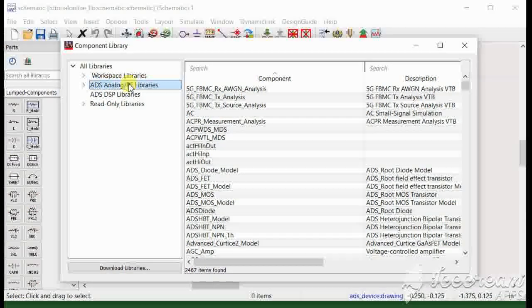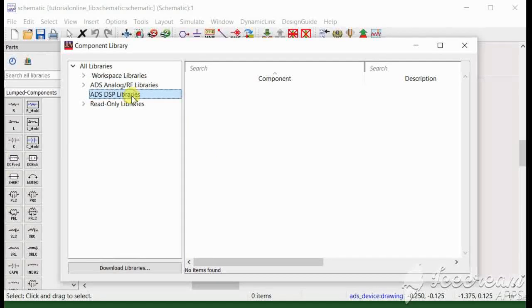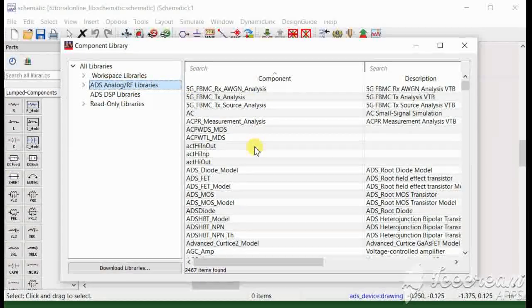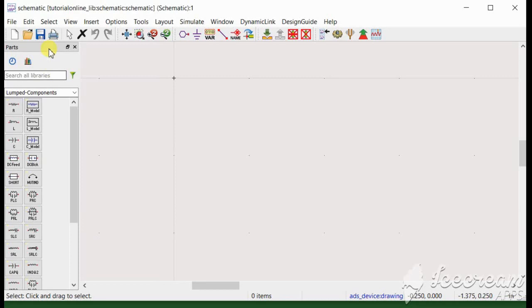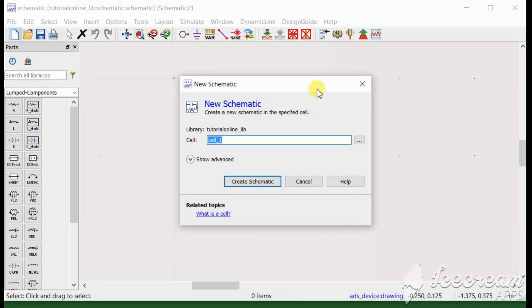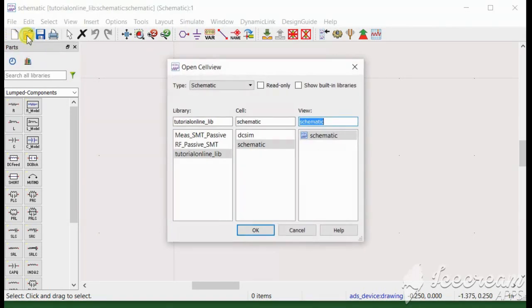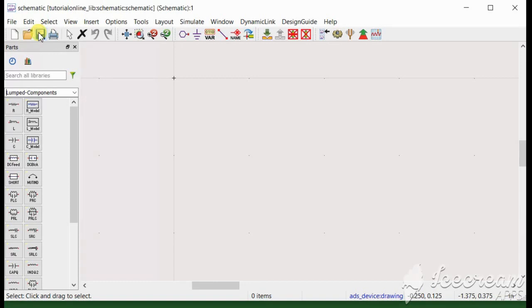Then this ADS analog RF library. So these are other libraries which are as per selection while you were configuring your workspace. Further, if I see the ribbon here, if I see these buttons here, you can open a new schematic by clicking here. You can open a schematic which is already present in your workspace. So this is my workspace tutorial online library. So this schematic is cell where we are viewing the schematic view,